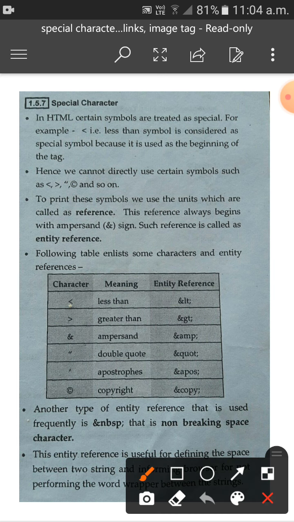We can't directly use the less than symbol because it is used for opening a tag, and greater than is used for closing a tag.